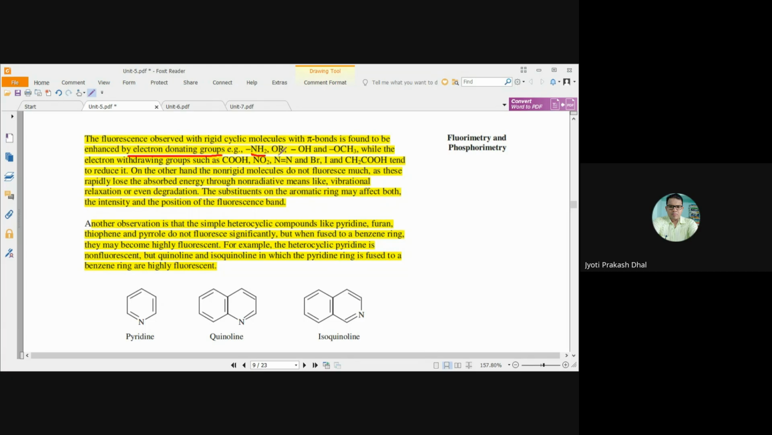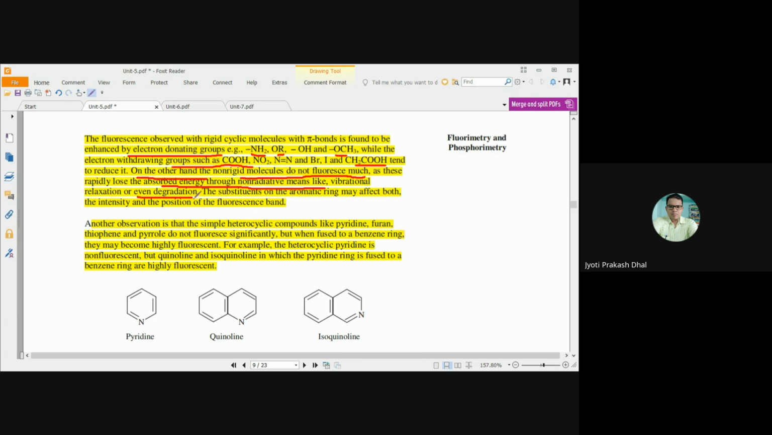That is NH2, OR, OH, OCH3, while electron withdrawing groups such as COOH, NO2, N double bond N, Br, I, CH2, COH tend to reduce it. On the other hand, non-rigid molecules do not show fluorescence as they rapidly lose the absorbed energy through non-radiative means like